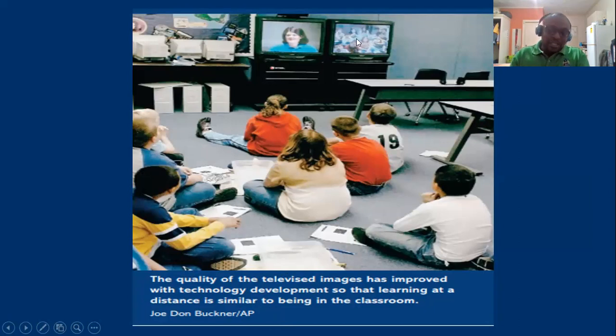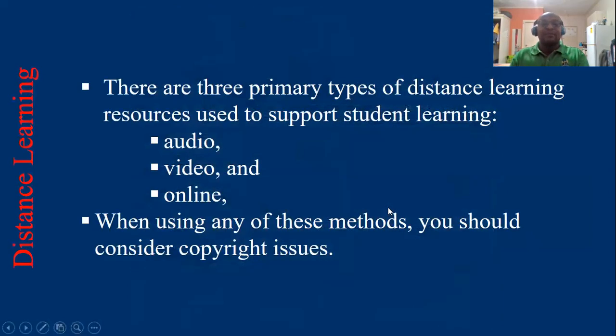There are other students who are watching this particular teacher teaching. So I have two sets of students. Some are in class, and the others are in another class somewhere else, and the teacher is alone there, trying to deliver the information to the students at the same time, right? So there are basically three primary types of distance learning,